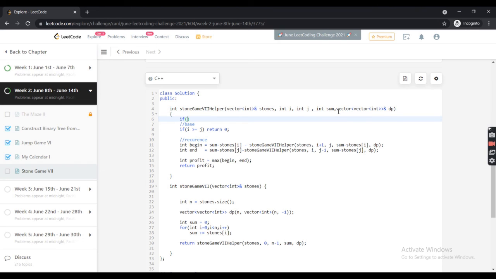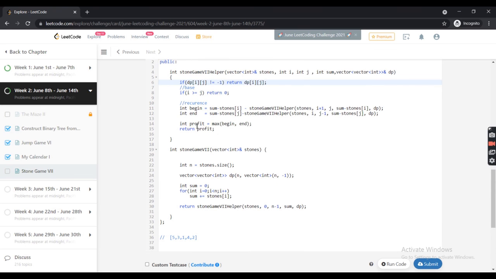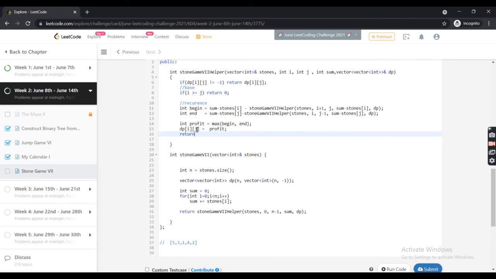And we will say if dp of i and j is not equal to -1, which means this subproblem from i to j was already calculated, so we will return dp of ij, whatever the solution was previously. And if it is not the case, then dp of ij is profit, so we will mark this, and we will return dp of ij.